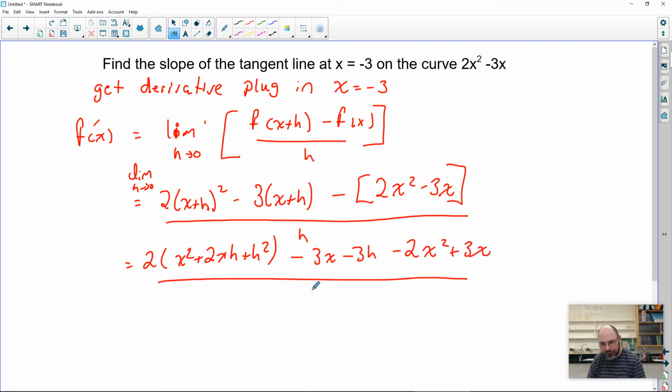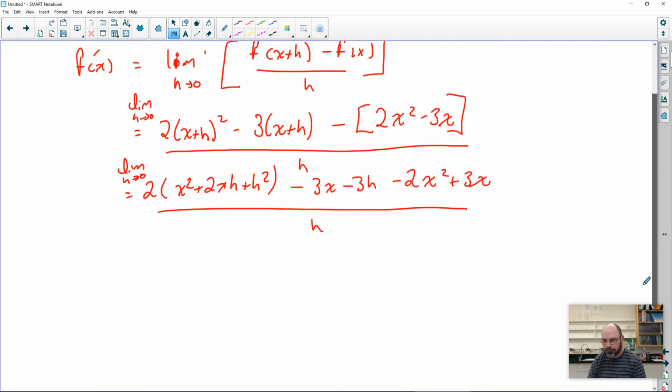All over h. And again, limit of h approaches 0. Simplifying, we can get rid of those. Okay, and then we've got,